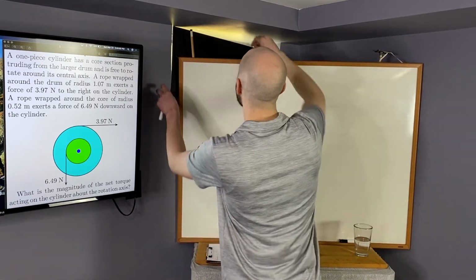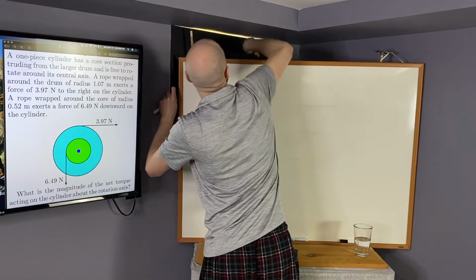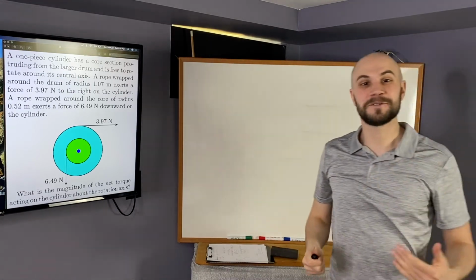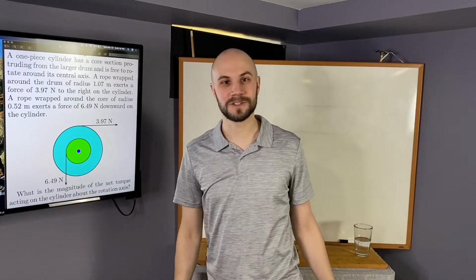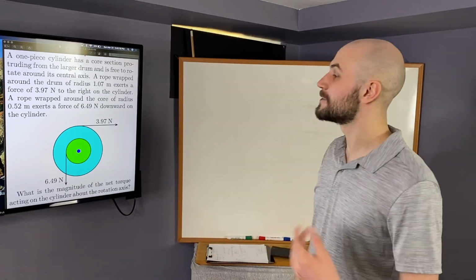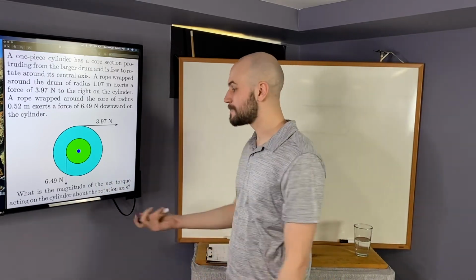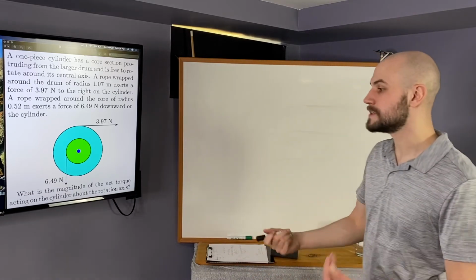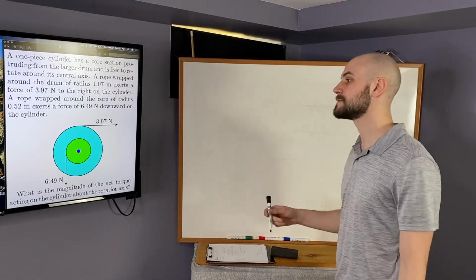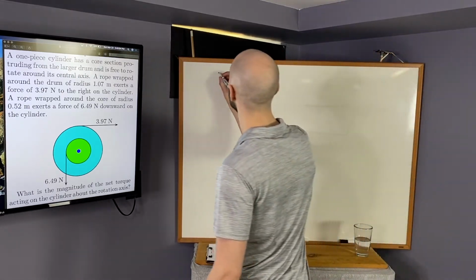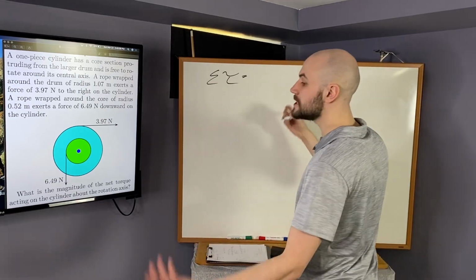So the fact that they're asking for our net torque acting on the system, they're asking for the net torque on the system. If the net torque has a value, it's going to change the rotational motion of this object. We'll have an angular acceleration. If there is no net torque, it'll be 0 and we won't be changing the angular acceleration. But that goes beyond what we're looking for. We just want to find the number, the magnitude of the net torque acting on the cylinder about its rotation axis. All right, so our net torque is going to be the sum of each individual torque acting